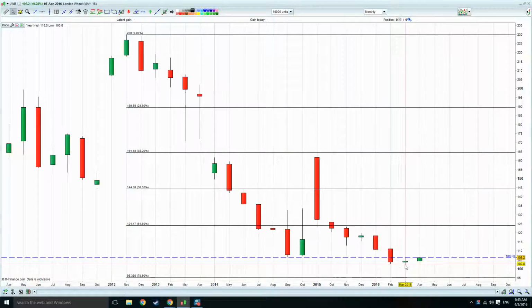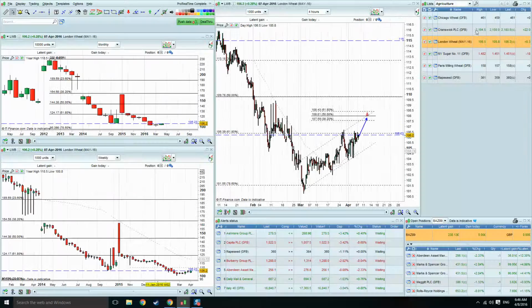It looks as though the low of 100 was tested and held at the moment, but obviously we want to see the breaking of the highs of March. Go down into the weekly,